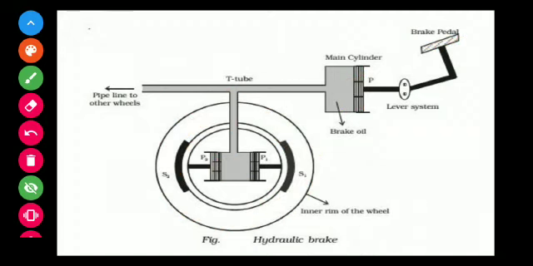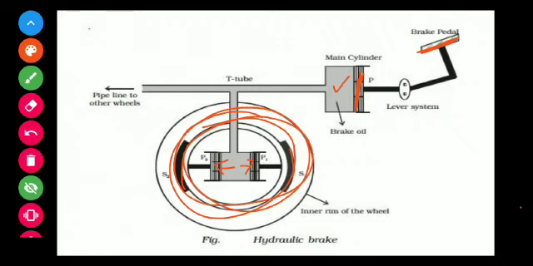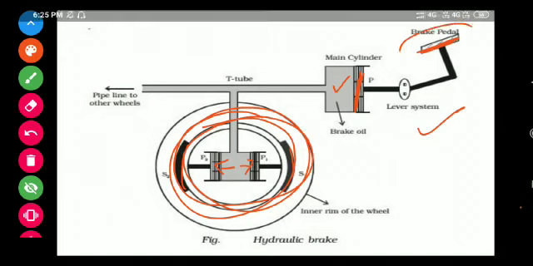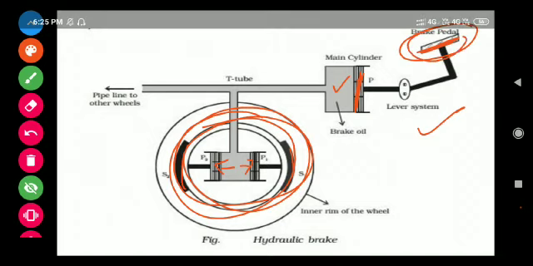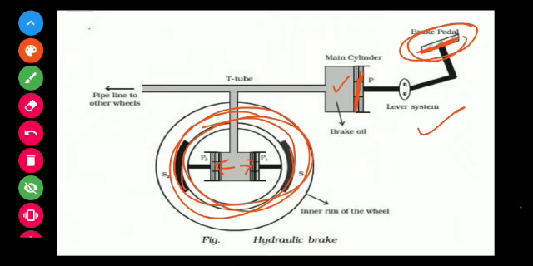And what is the Pascal law? If we apply a pressure or a force at one end, then the pressure is equally transmitted. So we create a pressure here with the help of this pedal, and that pressure is equally transmitted, and due to this pressure these shoes move outward. When these shoes move outward, they seize the rotation of the wheel or tire, and by this method we apply a brake. That's why with a small pedal, we can stop a heavy truck, and all this is based on Pascal law.